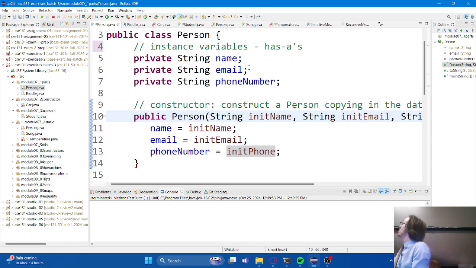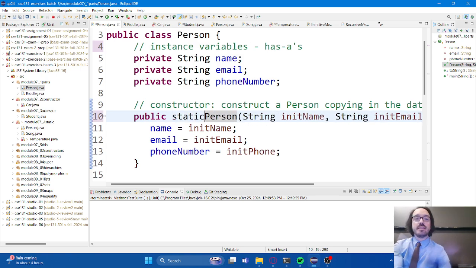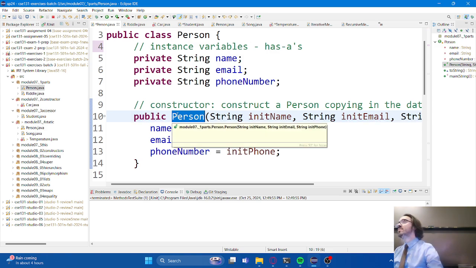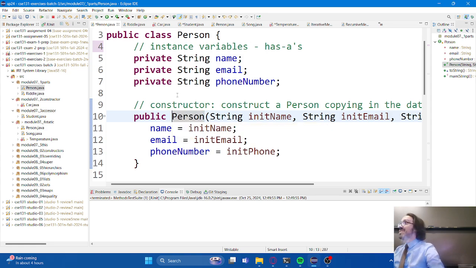However, they don't necessarily follow the rules that we've been using for methods. If you look at the way this method is defined, we're missing a couple of pieces of information here, right? We're missing some things that we would normally see here. One of the things that we would normally see here is the word static. And actually, we're going to talk about static versus non-static a little bit later on today. What's the other thing that I would normally expect to find in between public and the name of the method? The return type. Good, the return type. So the return type is not listed here either.